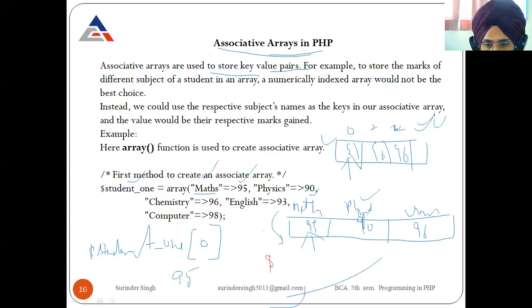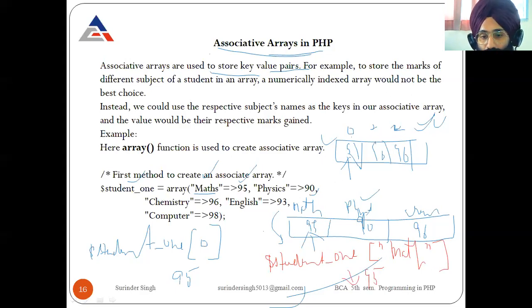You have to first write the array name, student1, and in square brackets you have to pass the key. The key is in the form of a string, enclosed in double quotes: math. Now it will print 95. Clear? This is the difference between an indexed array and an associative array.